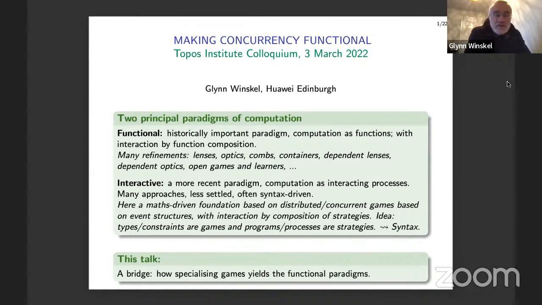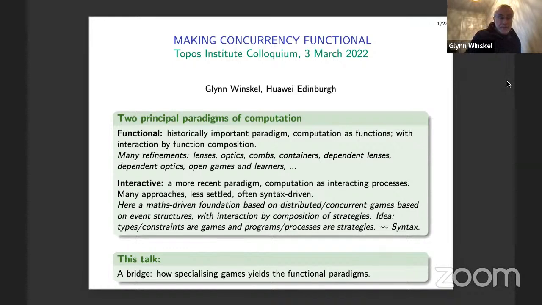Okay, so making concurrency functional, and this is really about combining two of the major paradigms of computation. The functional one, which is historically very important in our subject. It's really a cornerstone through the Church-Turing thesis, thinking of computation as functions. And then, of course, interaction is largely by function composition. And then less settled is this other paradigm of computation, computation as interaction, in which you're not so much interested perhaps in the input-output behavior of something, but how it interacts with its environment and with other